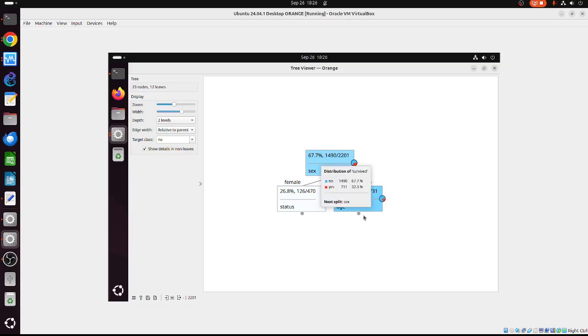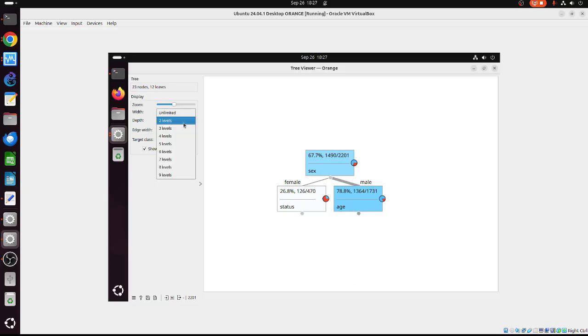Okay, so 78.8, sorry, 67.7% of males die. Okay, so only females live, and then after that we can see 26.8 is selected by